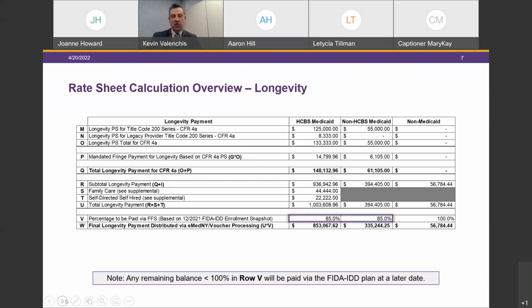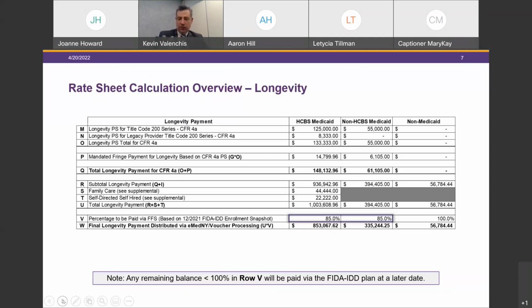And again, I can't stress this enough, these monies, the balance of the monies, will in essence flow through the FIDA. What'll in essence happen, and I'm going to simplify this, is this fictitious provider, Corp ID 50, will have its name in a backup schedule that'll go to the FIDA plan with the dollar amount, which is in essence the difference between W and U, right? The aggregate dollar amount is what the FIDA will receive and will then pay out to this Corp ID agency. Okay, so there will be a specific schedule attached that the FIDA will have to adhere to.